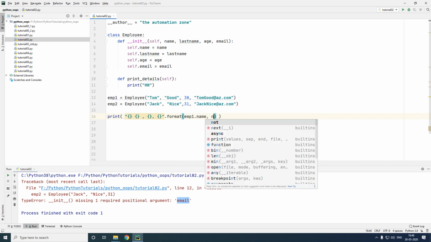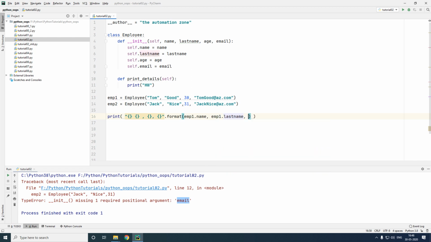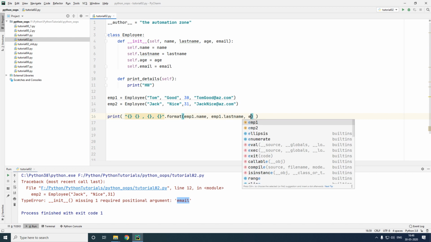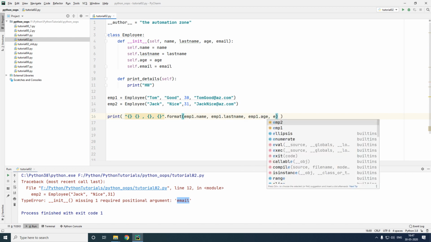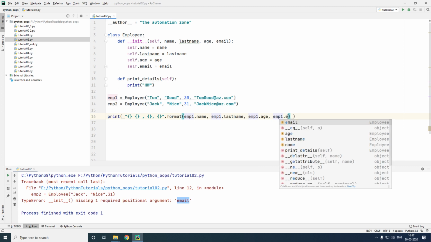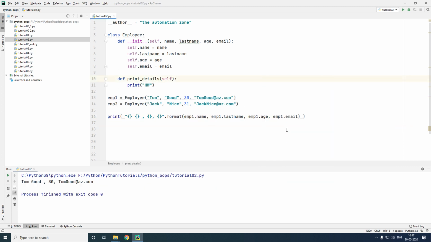Your second parameter has employee1 dot last name. The third parameter has employee1 dot age, and lastly employee1 dot email. Let me run this. You see that the details are printed below. Tom Good, age 30, and email as tomgood@automationzone.com.